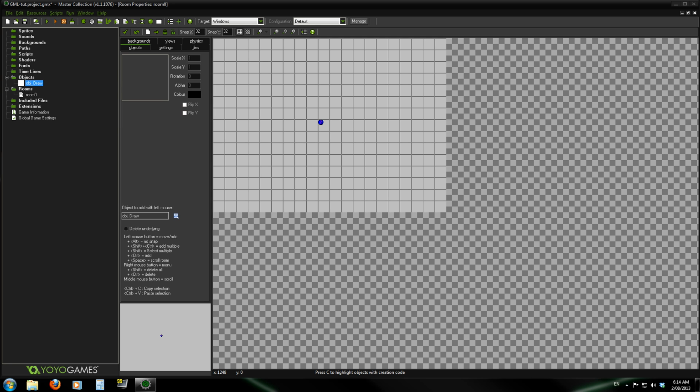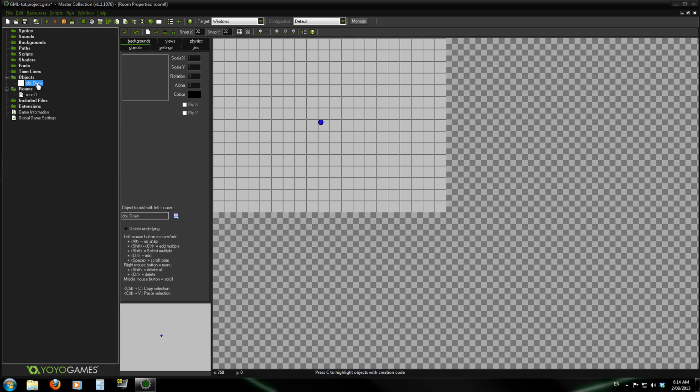One of the most important things I find with GML is the if statement. It's going to be one of the most used things in GML apart from variables, just because you can do so much with it. So I'll be taking you through that today, and also keyboard functions, so you'll be able to check to see if a key is pressed, and also mouse checking functions, so you'll be able to check for mouse buttons as well. Okay, so